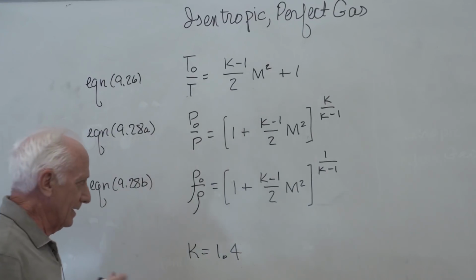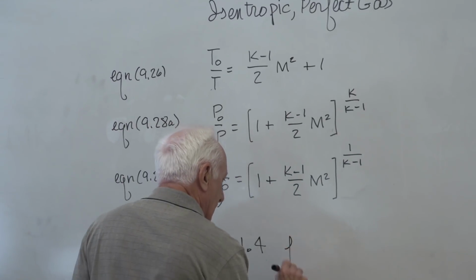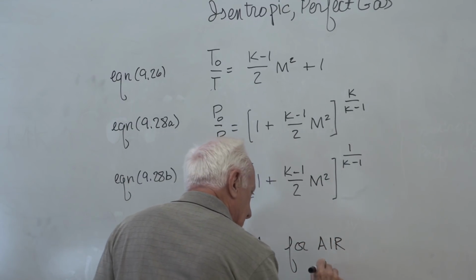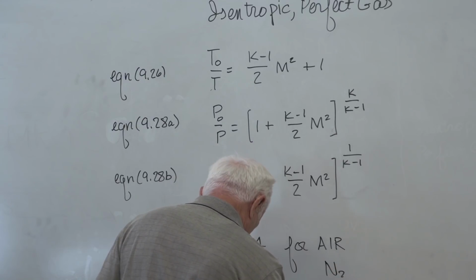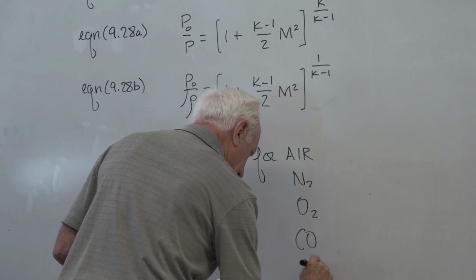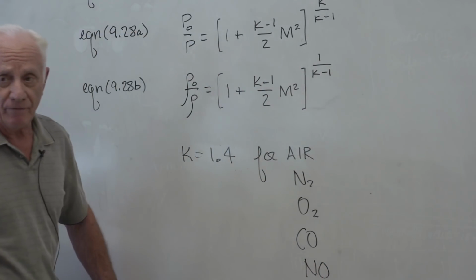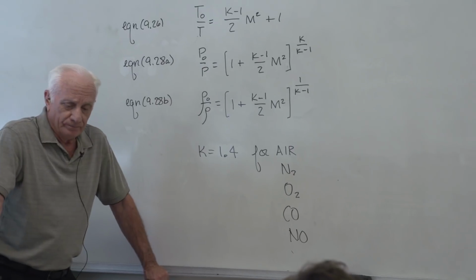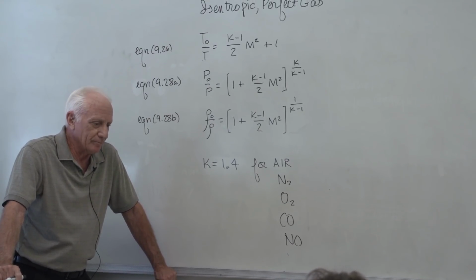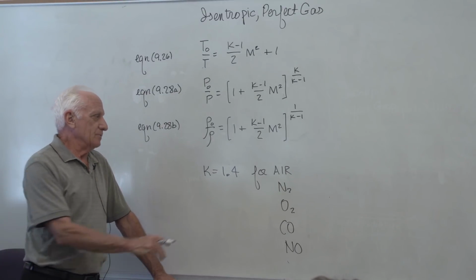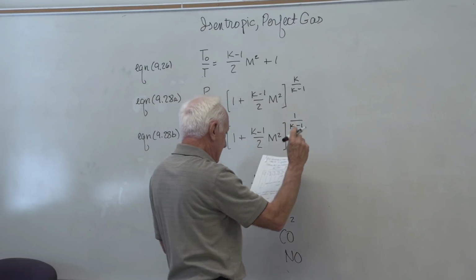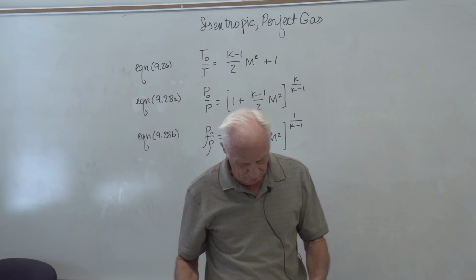Yes and no. K is 1.4 for air, nitrogen, oxygen, carbon monoxide, nitrogen oxide. So K is 1.4 for a lot of different gases. Carbon dioxide, nope, won't work, can't use it. You've got to put the right value of K in. But if K is 1.4, you can substitute K in these three equations, and you end up with the equations